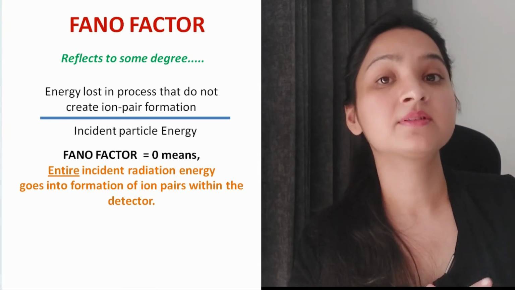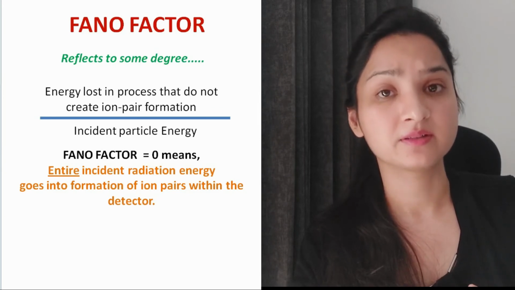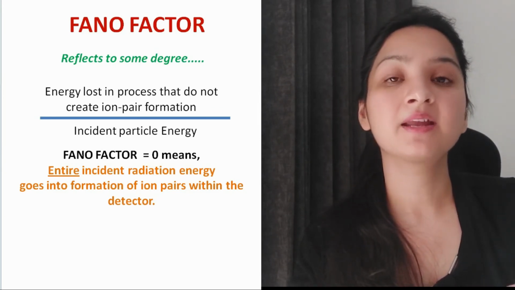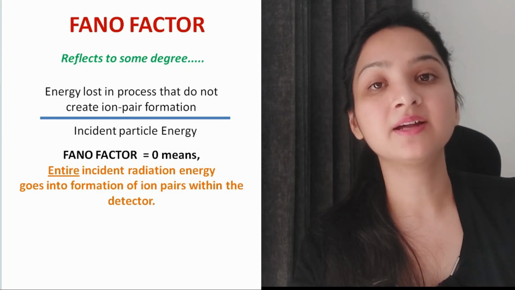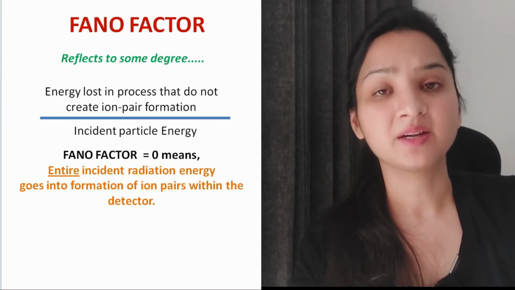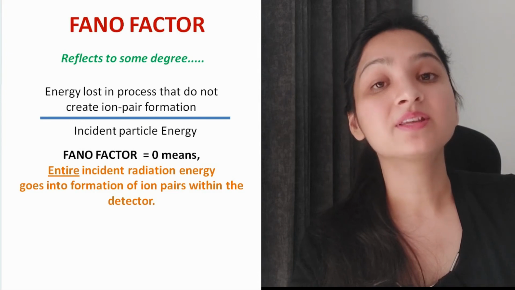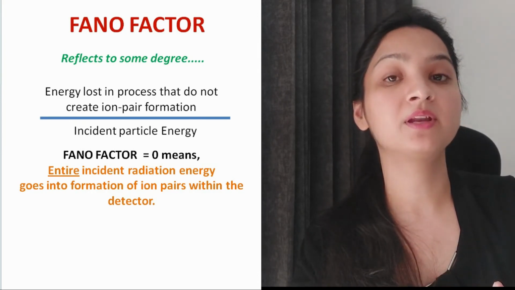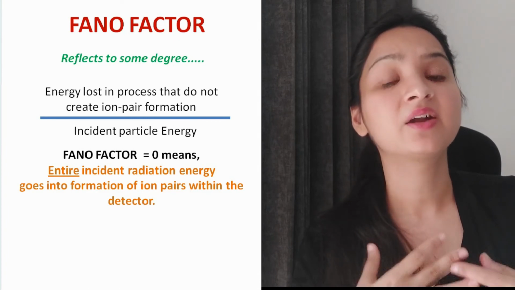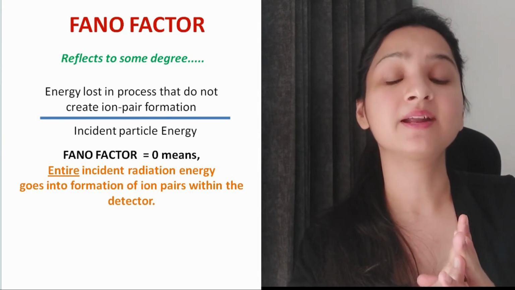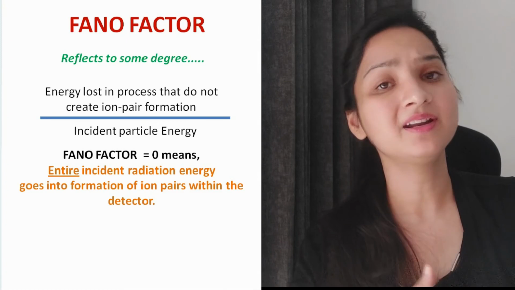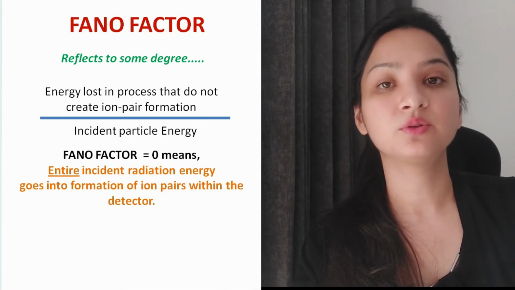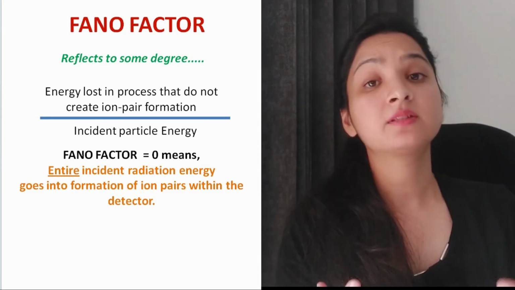सो इफ नो एनर्जी इज बीइंग लॉस्ट इन प्रोसेसेस दैट डू नॉट क्रिएट आयन पेयर्स, तो इस तरह के अगर प्रोसेस में नहीं जा रही, तो इसका मतलब क्या है कि सारी एनर्जी उन प्रोसेसेस में जा रही है दैट क्रिएट आयन पेयर्स। तो दैट मीन्स दैट उस केस में फैनो फैक्टर ज़ीरो हो जाएगा। और जो डायग्राम आपको मिलेगा रिस्पॉन्स फंक्शन का, दैट विल आइडियली अप्रोच अ डेल्टा फंक्शन। तो उस केस में फैनो फैक्टर 0 हो गया आपका, बिकॉज एनर्जी जो ये न्यूमरेटर है आपका ये 0 हो गया।